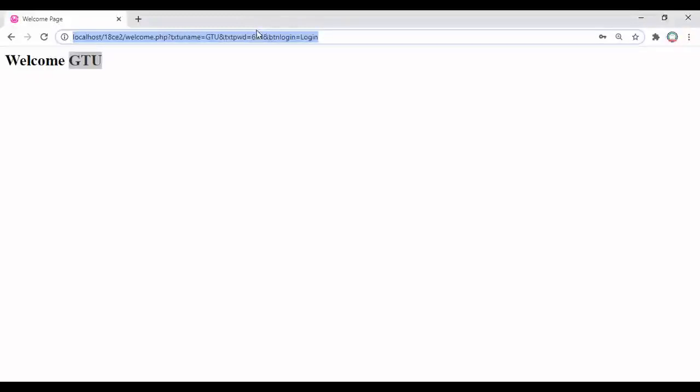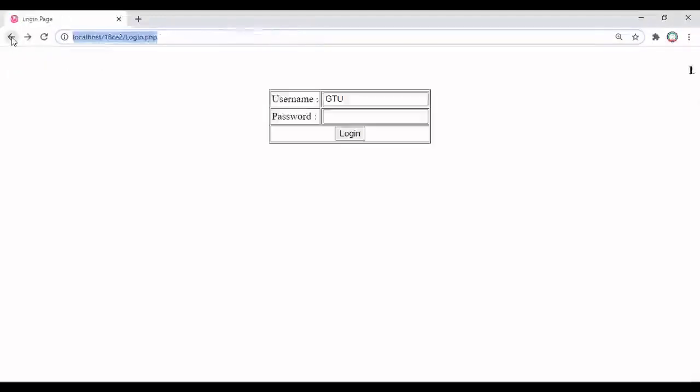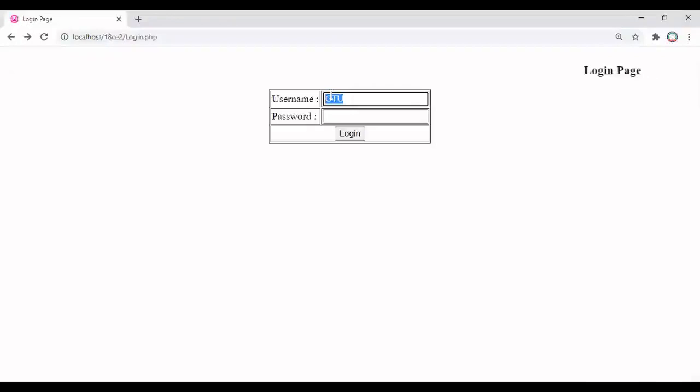So that is a drawback of get method. Whenever we are using get method, all the data which is passed from one page to another page is visible in the URL. And btn_login, that is the name of the button control and login is the value of the button control. Now I'm again back to here. Suppose I'm typing LDRP and a password 98765 and I click on the login button.